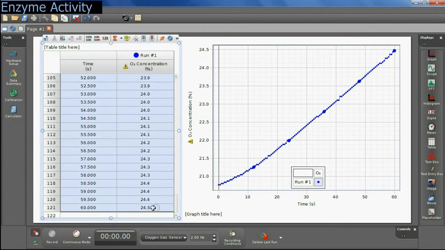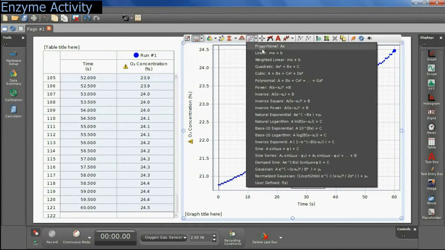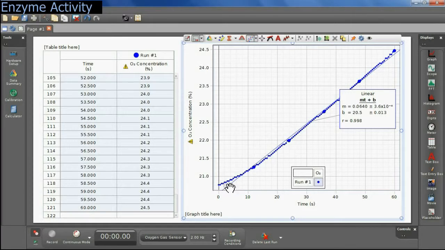After you selected the entire data for 1 minute, I have collected it for 1 minute. You can do it like 2 minutes, 3 minutes, whatever. I have done it 1 minute. So I selected all my data for 1 minute, and I will go ahead and here select linear fit from this drop down menu. When I hit linear fit, it will show me this best fit line for this particular